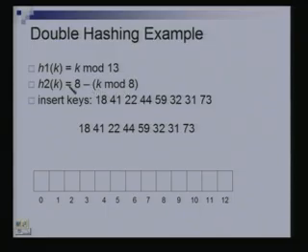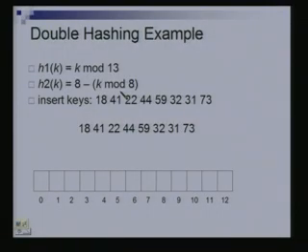Yeah, so it will always be a number between 1 and... no, it cannot be 0 because k mod 8 lies between 0 and 7. So it is between 1 and 8. 0 does not make any sense, right? If it is 0, then we are in trouble. If h2(k) is 0 for some k, then that means that you are continuing looking at the same place, and if that place were occupied, then you cannot insert the element at all.